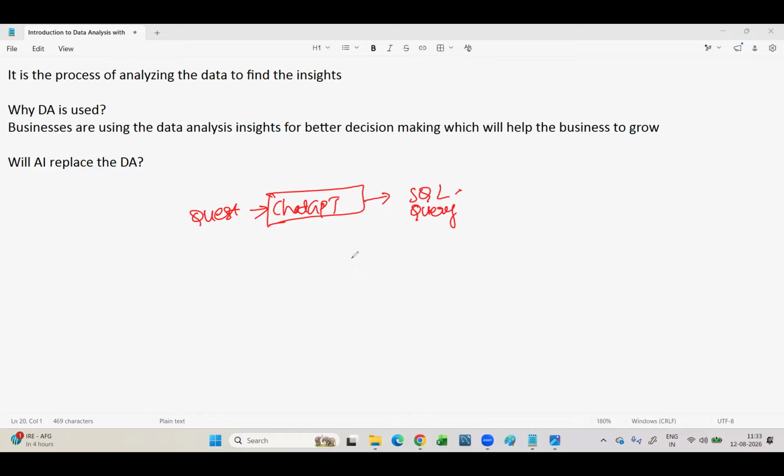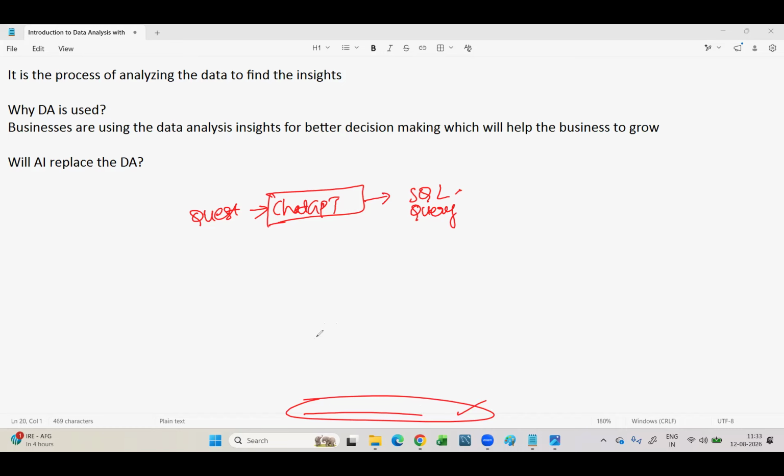ChatGPT, Claude or any AI tool won't give you 100% correct answers, because they themselves say at the bottom that ChatGPT can make mistakes, verify important information. They write this themselves. If not, please check in your ChatGPT or Claude after the class. They write this point at the bottom. I wanted you to understand it in this manner.